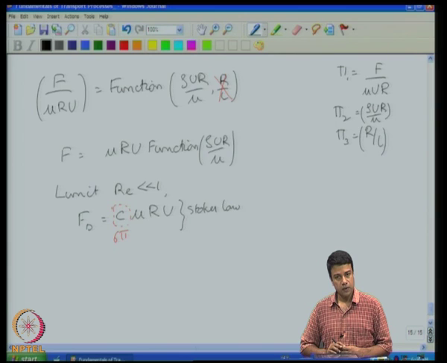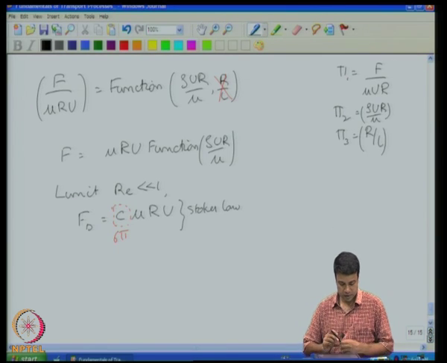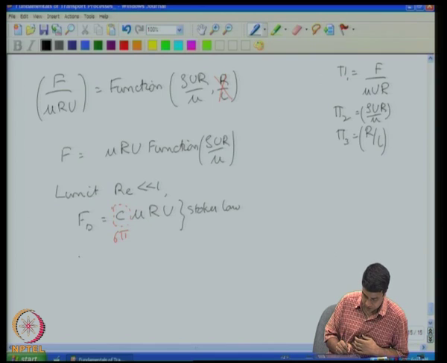What about when the Reynolds number becomes large? When the Reynolds number becomes large, one would intuitively expect that the viscosity is not important. So, I should be able to get a dimensionless group which includes just the force, density, velocity and diameter. That dimensionless number is given by, if you can easily verify it, rho velocity square times diameter